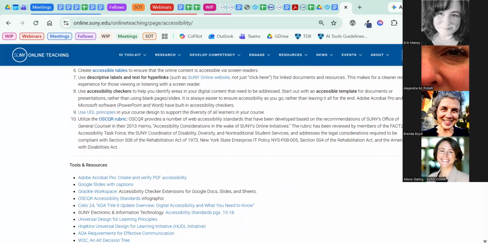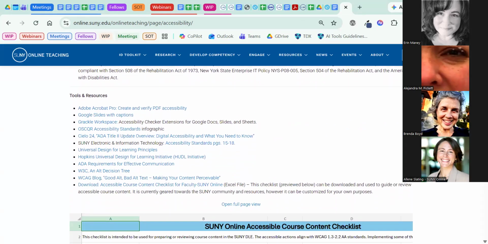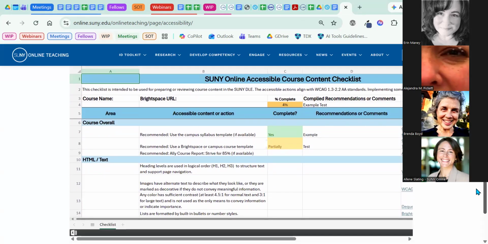And then you can also take a look at the checklist that is on that page. If you're doing a review that's focused on accessibility, this checklist is really focused on accessibility. So it can help you streamline that process and give you information in order to address and improve the course design and content with the accessibility standards in mind. And so, you know, that is one way that you can look at it.